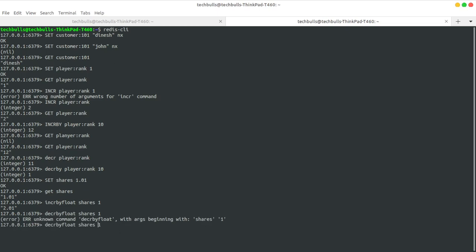So, error. Let's see why. Decrement by float is not there, only increment by float. So you can decrement by using negative values, simple. Okay, so now we know how to manipulate our numbers, floating point numbers, and then we can manipulate the